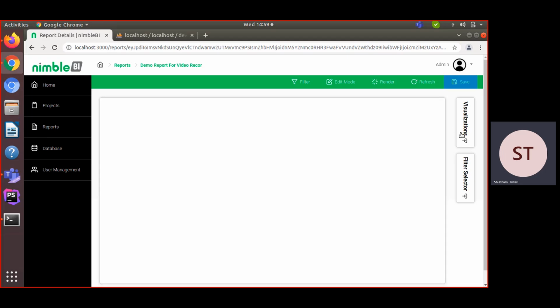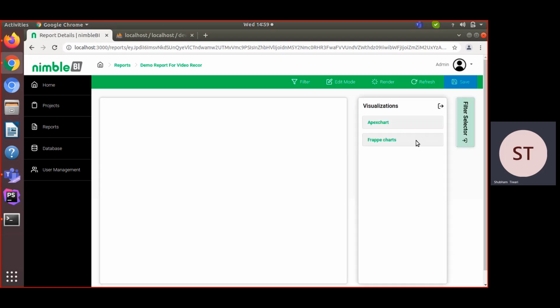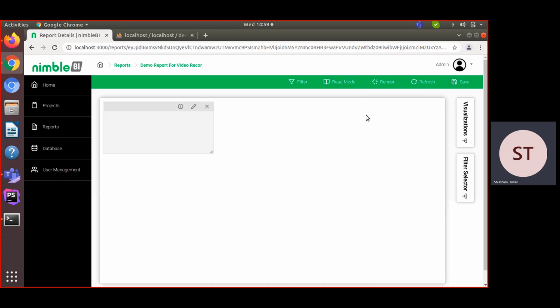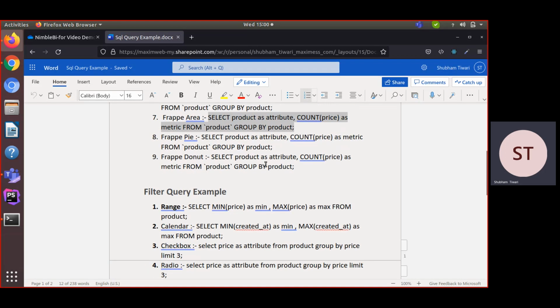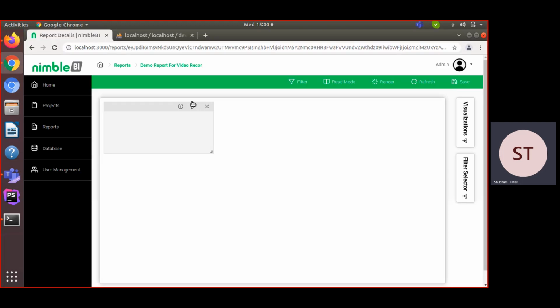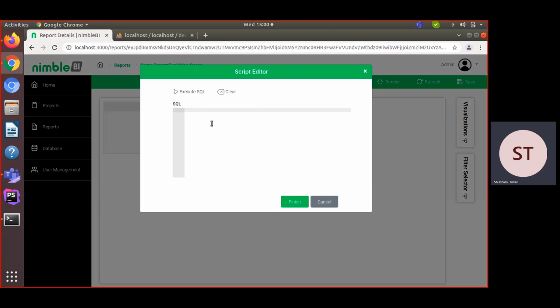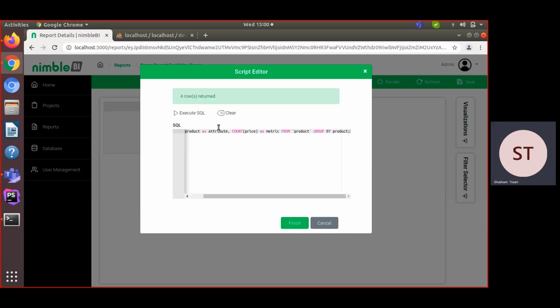Okay, and now our next chart is the bar chart. So first enable edit mode, click on bar chart, minimize this, and copy your SQL. If you already created your SQL query, because I have already created my SQL query, so open your SQL pop-up, click enter, click execute.